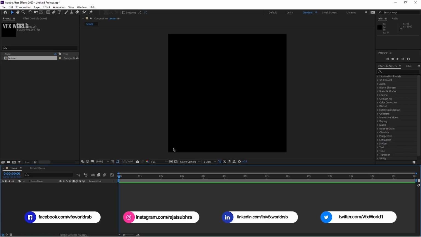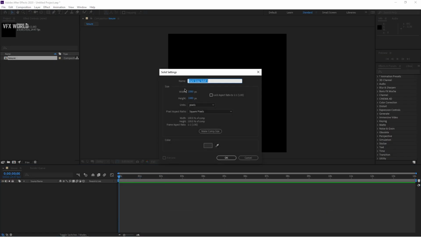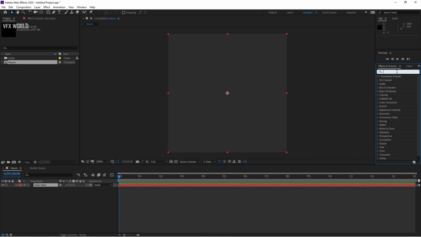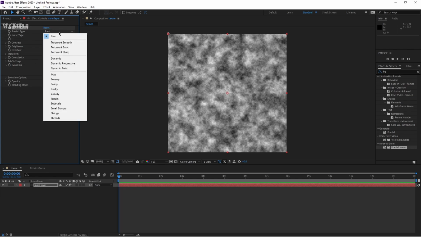So this is a basic square comp and then right click new and then a solid and name it like a main layer like this and then just press OK. From effects and presets I'm taking a fractal noise, just drag and drop here, and from here we have to do some basic changes. First of all, fractal type from basic to change it to max, or you can change